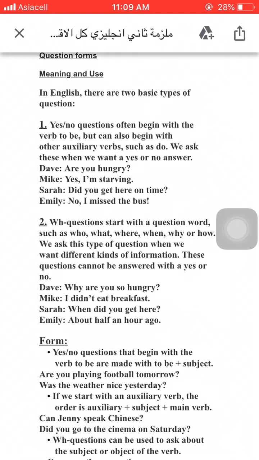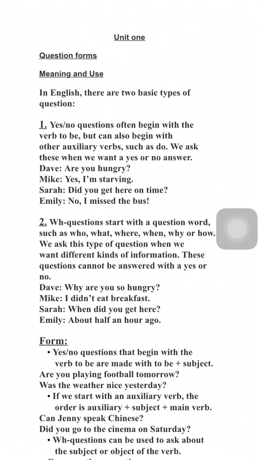Like, why are you so hungry? I didn't eat breakfast. When did you get here? About half an hour ago. Okay? Yes and no questions that begin with the verb to be or another auxiliary verb, the form will be